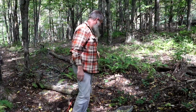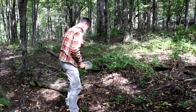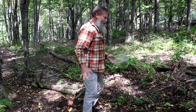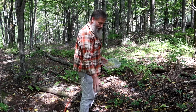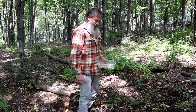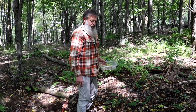Can move on over here and plant some more in this area. I don't want to put too much in one spot. Ginseng, you put too many plants in one area, especially if they touch. As they get bigger and the tops touch, it can create Alternaria blight, and we want to avoid that if at all possible. Since we're a no spray farm,